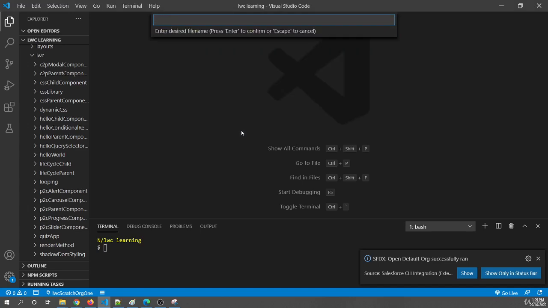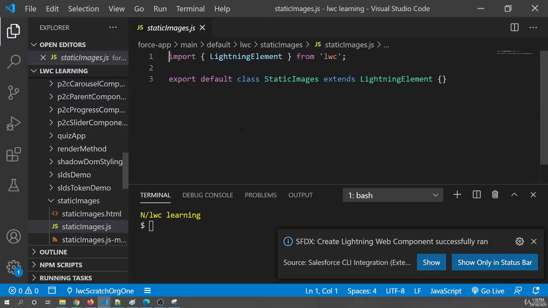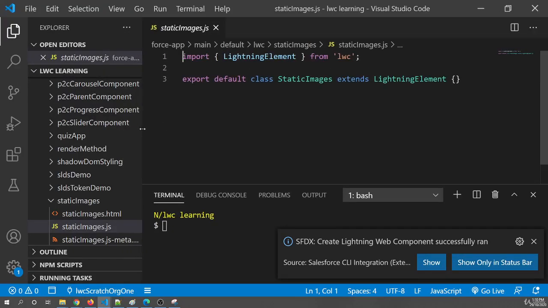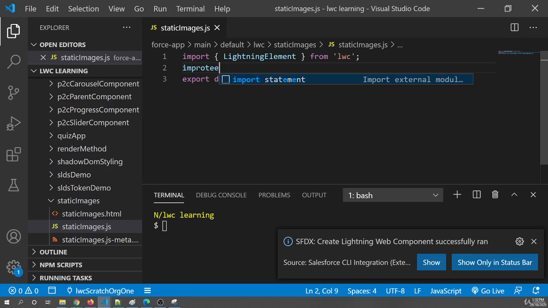I'll create the component with the name staticImages, and it created the component. Let's zoom our component a bit. So now, as I said, we need to first import the image. To import the image, you can use import,